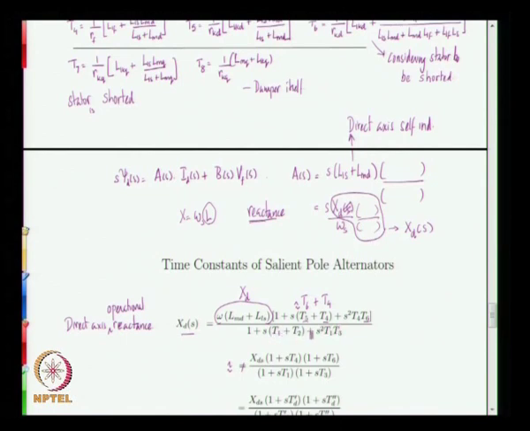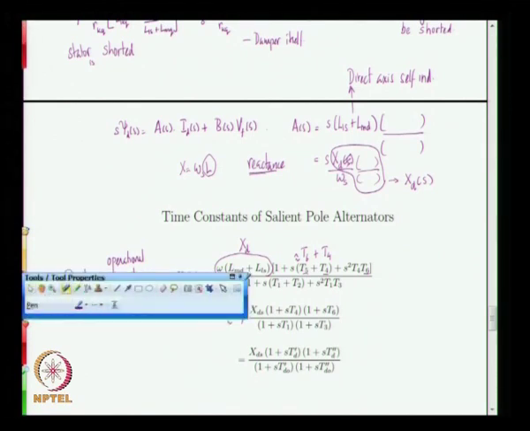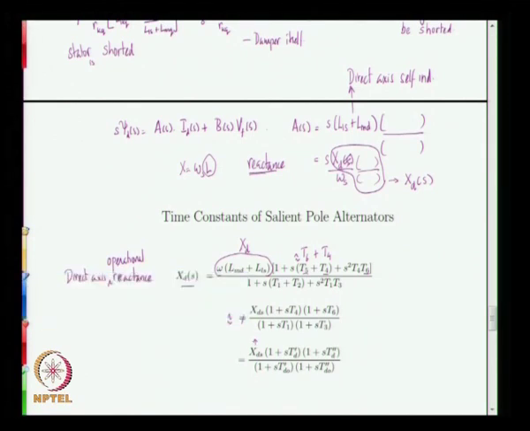in the term here, T1 plus T2 is approximately the same as T1 plus T3, and therefore we can write this as S into T1 plus T3. If we write that, then the denominator expression can be simplified as 1 plus ST1 into 1 plus ST3. So XD of S can then be written as X ds. This is nothing but the direct axis reactance,